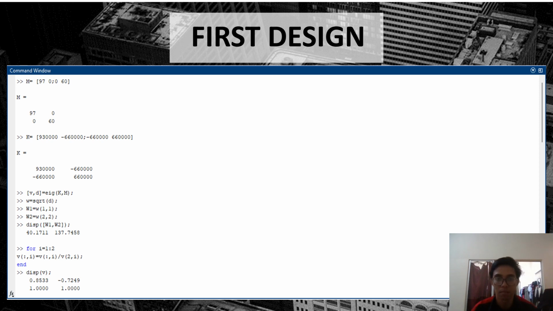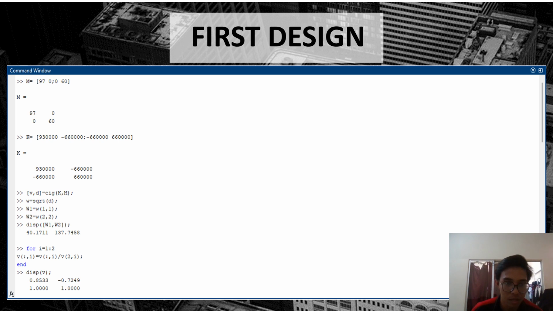Okay, so we proceed with the first design. On the first step, we enter the MATLAB coding. The value of M is 97, 0, 0 and 60. We enter the value of K: 930,000, negative 660,000, negative 660,000, and 660,000. And we enter the code VD equal to eig(K, M),